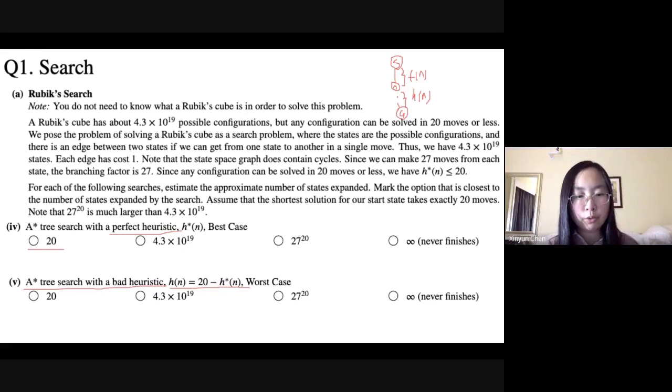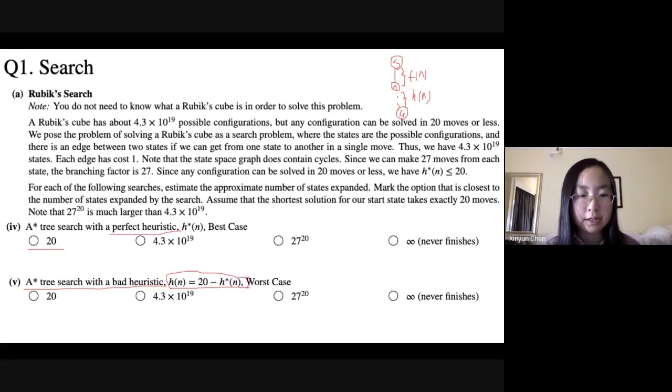So what does this heuristic indicate? We know that H star is the perfect heuristic. Then when we have 20 minus H star n, it basically means that at each step the search will expand the worst node first, then the second worst node, and the best node will be expanded after all these